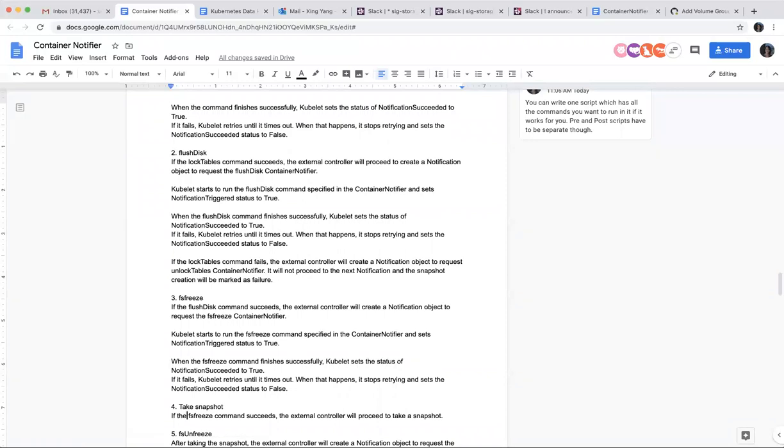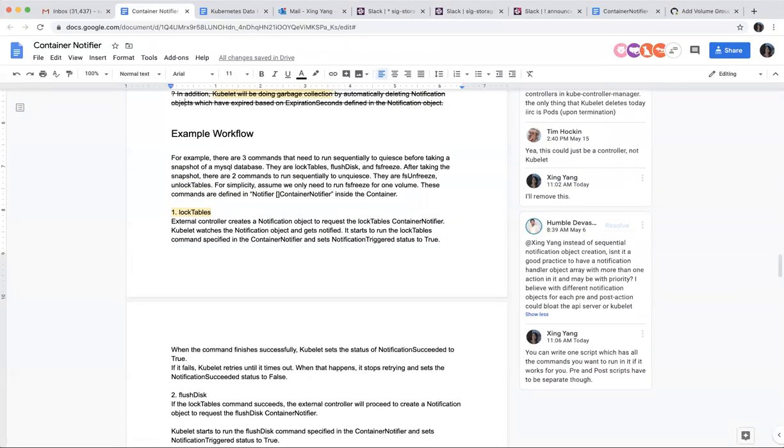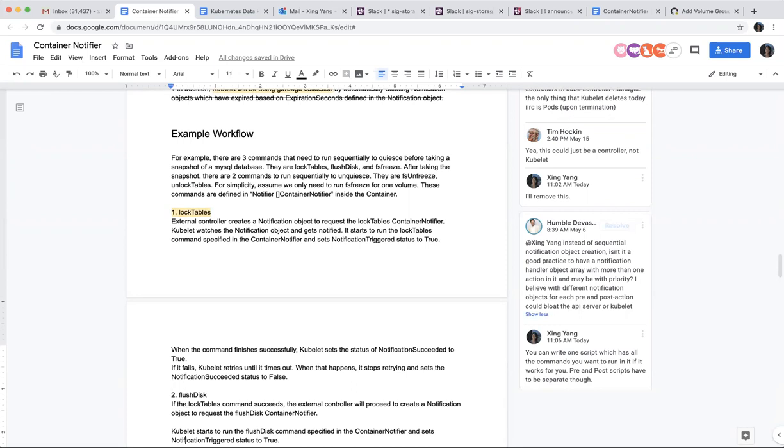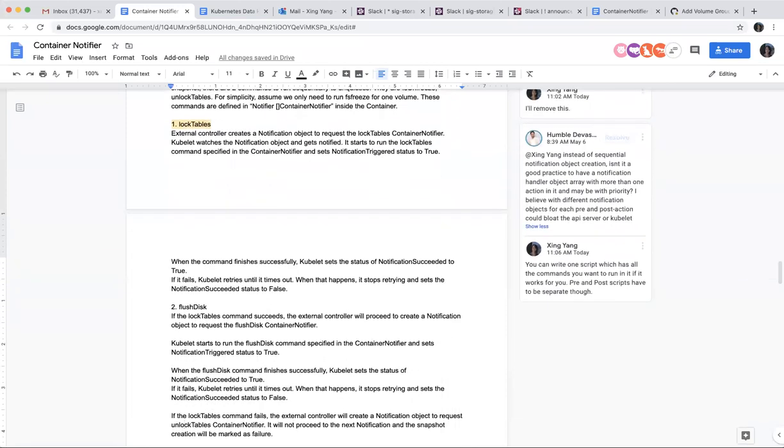Xin, I think the question is more about the array of container notifiers. Yeah, but what I'm trying to say is that some commands you cannot combine. I see he added some comments asking why we don't just have everything together. But certain things, especially quiesce and unquiesce, you can't combine. They have to be run separately. Oh yeah, I totally agree. But to answer the question, there's no guarantee, because you don't know the order and how Kubernetes will pick up all those notifications.